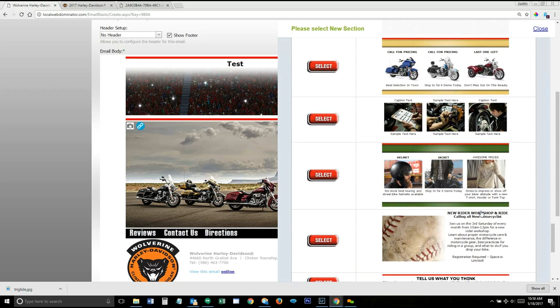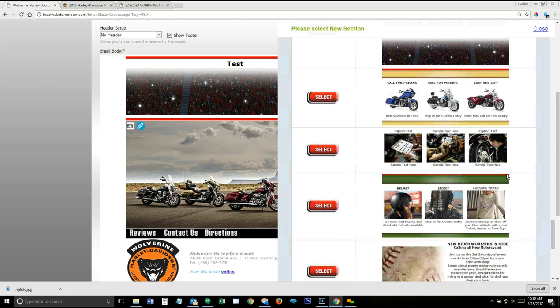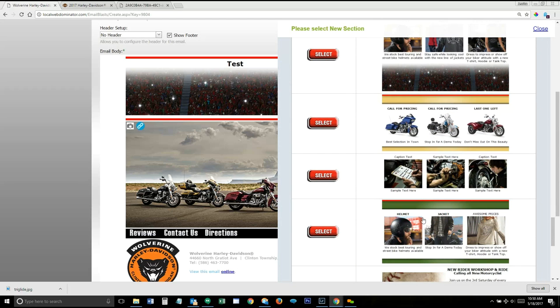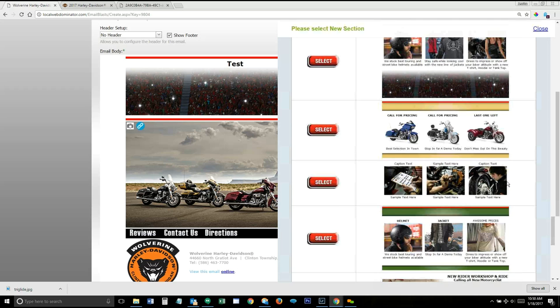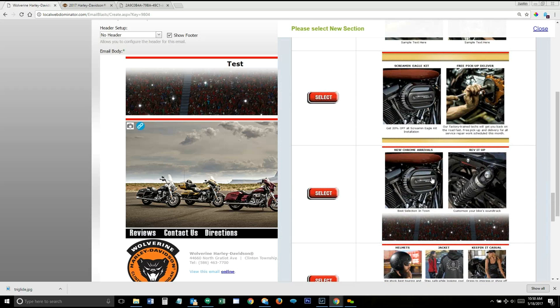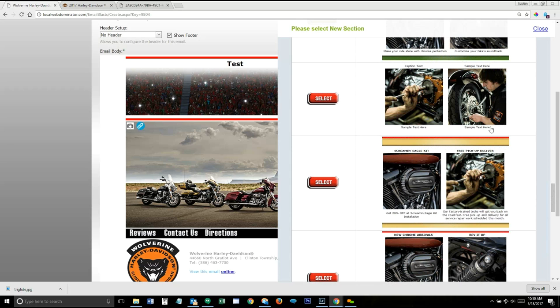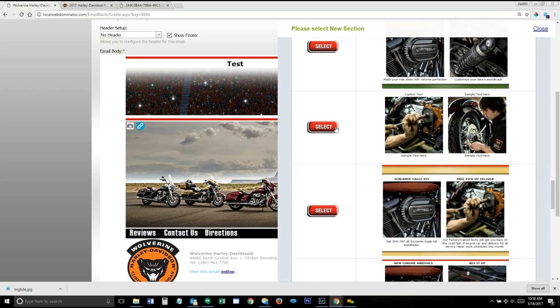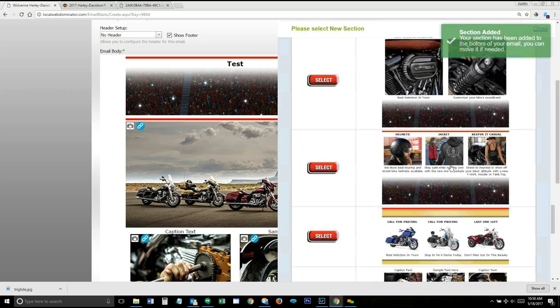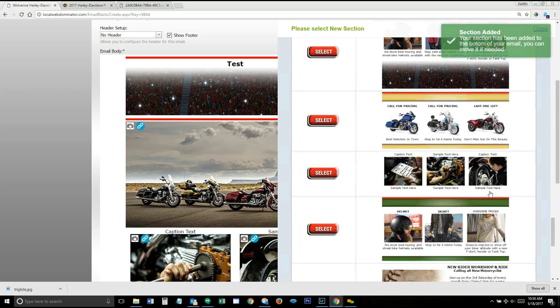If you're looking to add some images, maybe some inventory or some clothing parts, things like that, you've got this 3-up section that you can use. You can have a border or a no border, or you can use some 2-up sections. They don't have to be the images that are preloaded there. You'll be able to change these. So you can pick some 2-up sections or 3-up sections for inventory. Let's go ahead and add a couple of those in. You just hit Select,